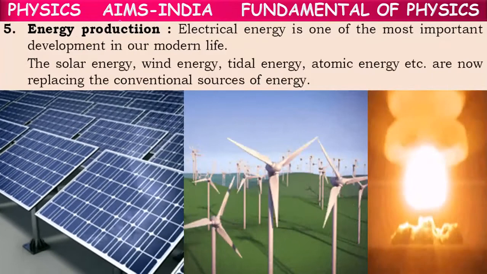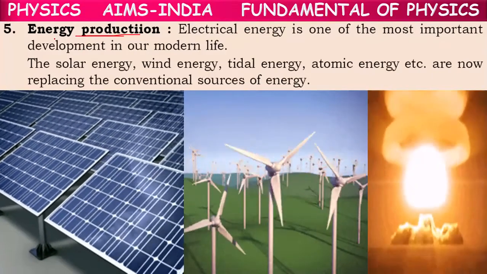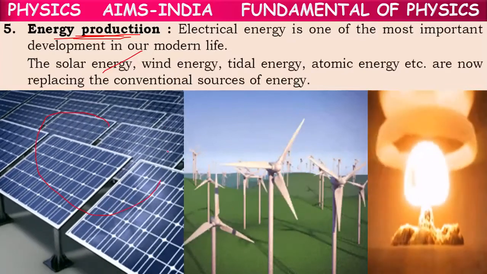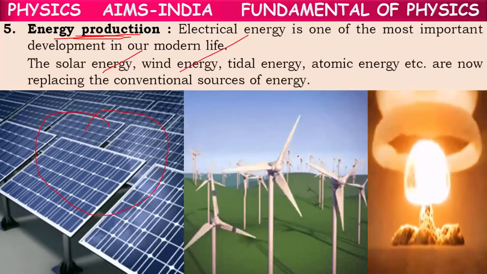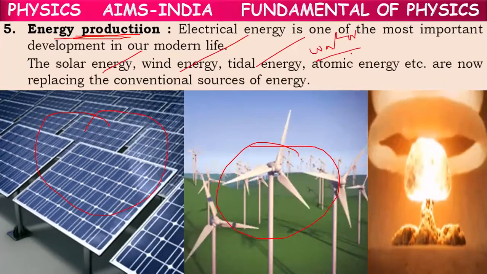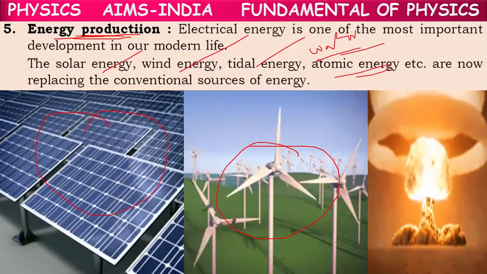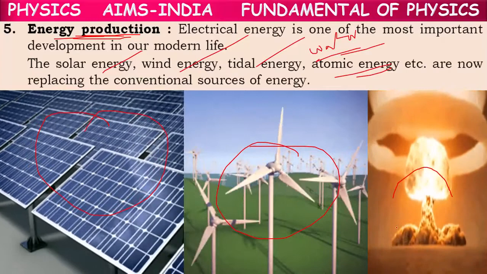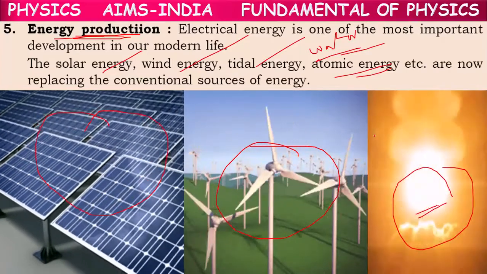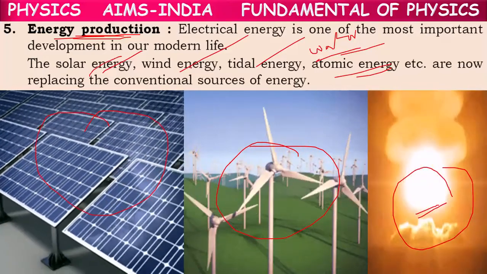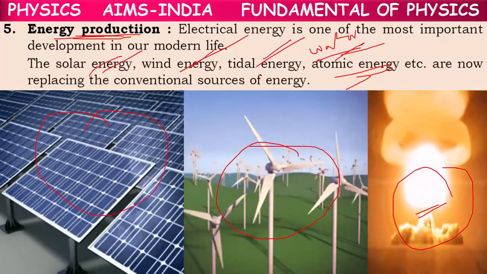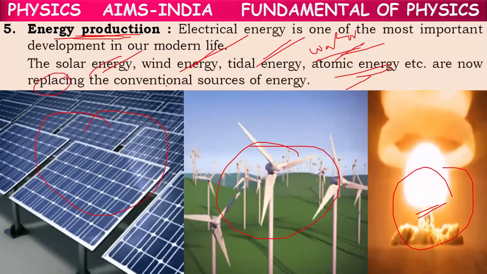Next, energy production. In the field of energy production, solar energy with the help of solar panels, wind energy with the help of wind vanes, tidal energy with the help of water because of dams, atomic energy with the help of nuclear fission or fusion. So with all these techniques, with the advancement of all these machines, we are replacing conventional